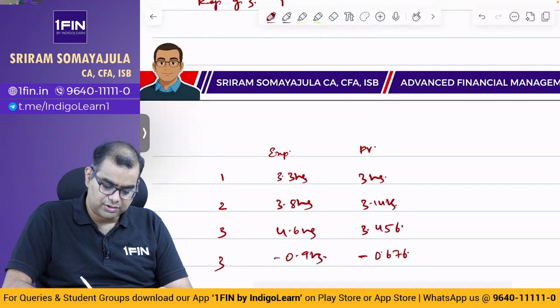So solution, stock value is equal to number of shares. We shouldn't use the short forms, I am more used to the short forms. Stock value is equal to number of shares on conversion into current market price per share. That is equal to 20 into 48, that is equal to 960. Okay, first one is over.